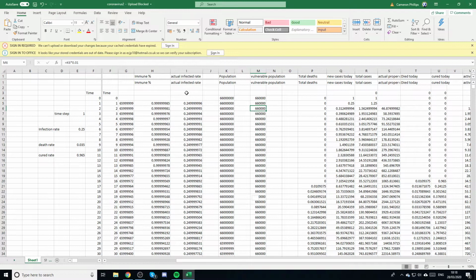I just need to work out how I did that there. The actual infected rate, H5, percentage immune. K4,